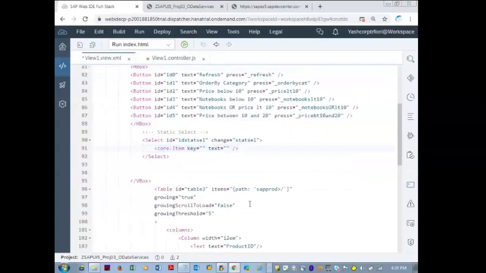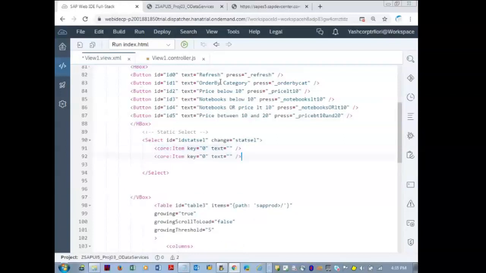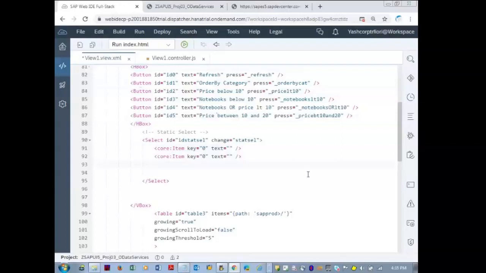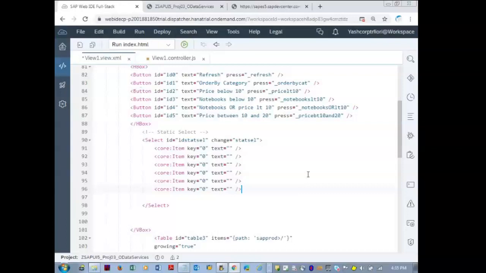So let us start with key 0 and text. The first one I'm leaving as it is, blank. Next, how many are there in total? 1, 2, 3, 4, 5. The first one is the blank, so I'm handling that here. Now key 1, key 2, 3, 4, 5.